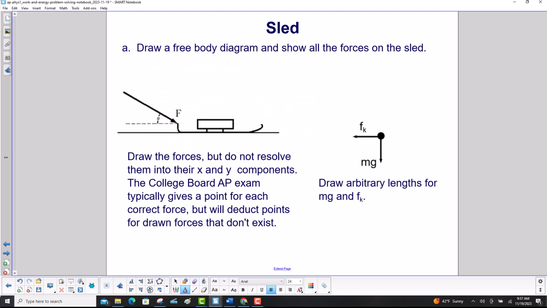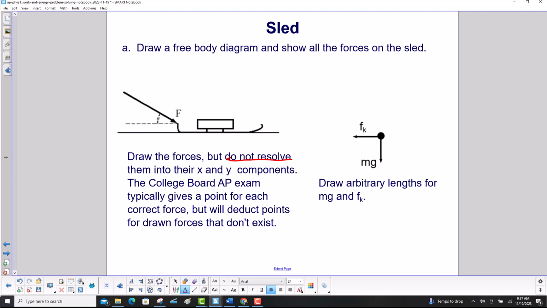A. Draw a free body diagram and show all the forces on the sled. Draw the forces, but do not resolve them into their x and y components. The College Board AP exam typically gives a point for each correct force, but will deduct points for drawn forces